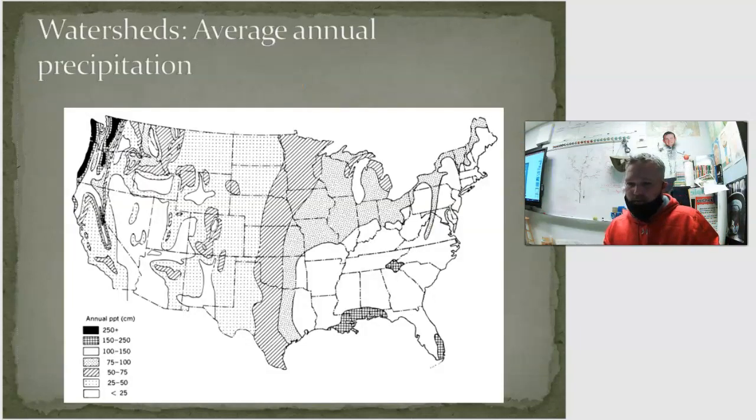That's interesting. So what I do want you to be aware of, though, are these maps here. Notice that we are kind of on this dividing line on this one. This is the average annual precipitation. So we get somewhere between, well, we'll say 25 to 75 centimeters of rain, okay? So we're kind of right in this area. So we get 25 to 75 centimeters of rain.